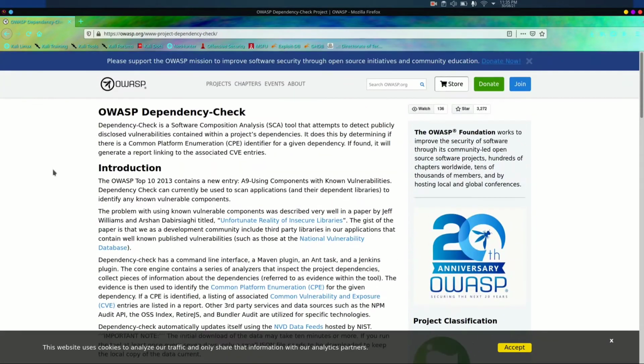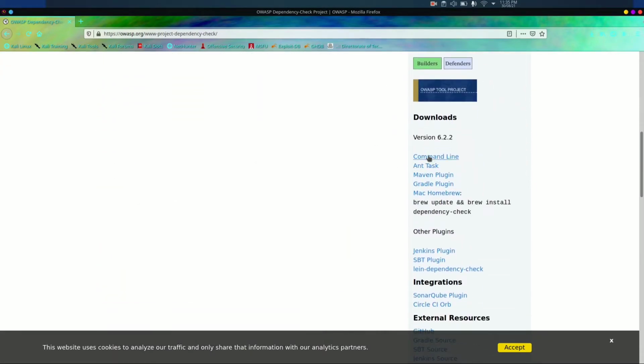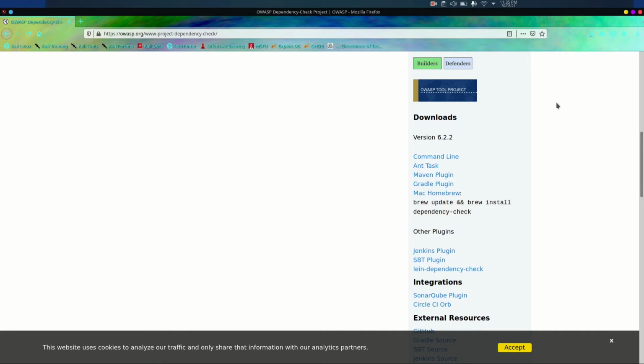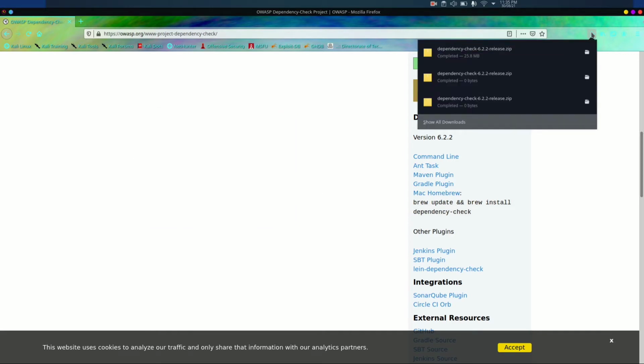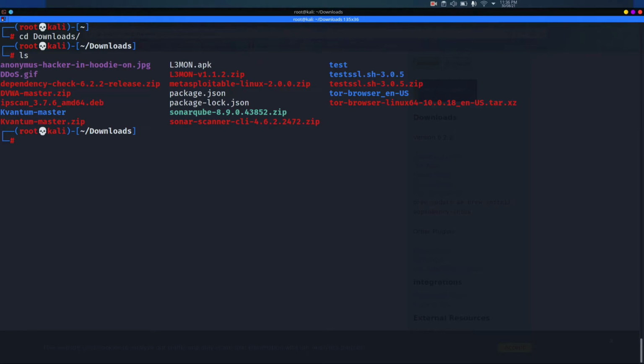To download this tool, just go to the downloads section and click on command line. This will download an archive for this tool for us. Once the download is finished, just go to your downloads folder and unzip it.